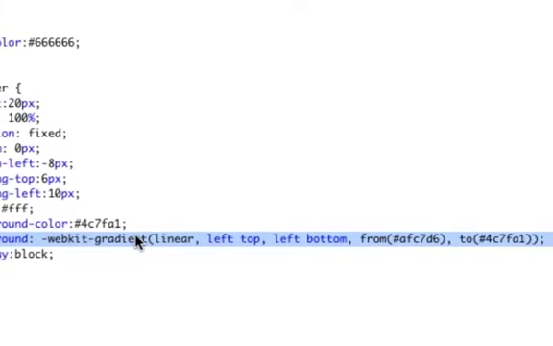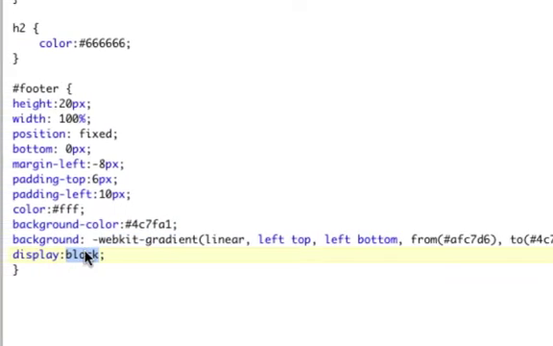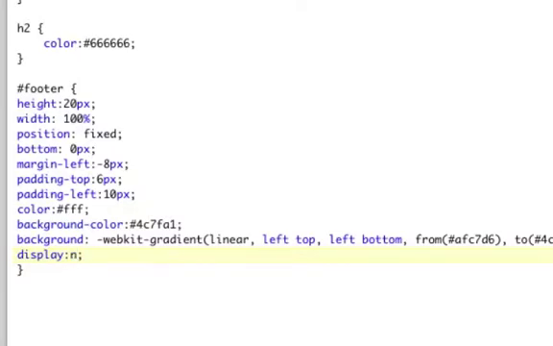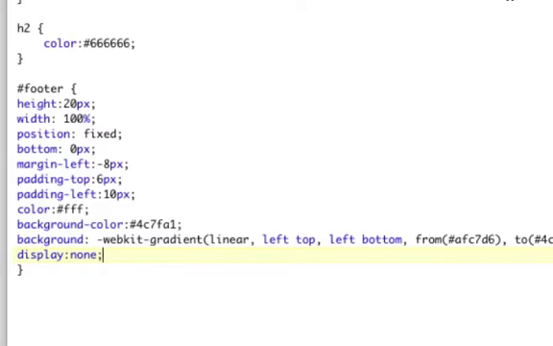I'm not going to go into that. I just picked it up off the internet. And for now, I'm going to hide it, okay? Because I want it to show up when there's Ajax. I don't want it to always be there, okay? So now we need to